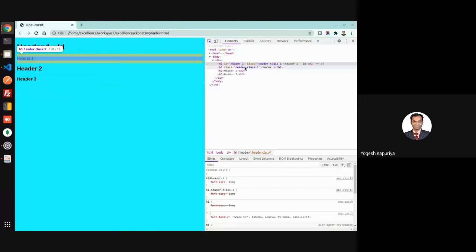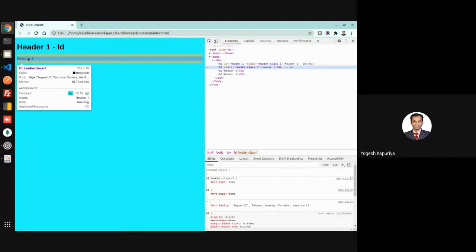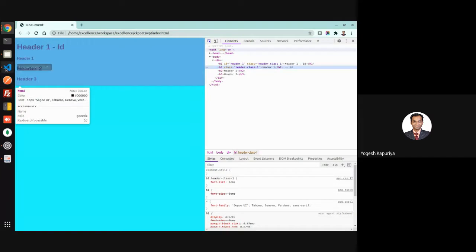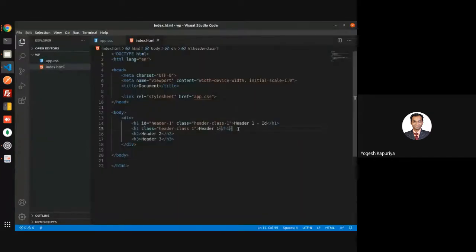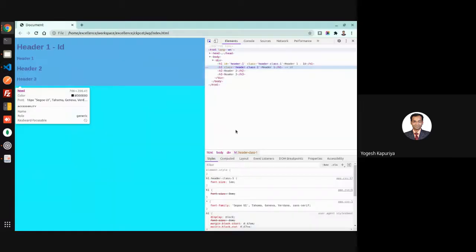Second priority is the class selector. So if you see this, this is the plain header. Let me write it. So this is header 1 with class. This is ID and class, and this is a plain one.